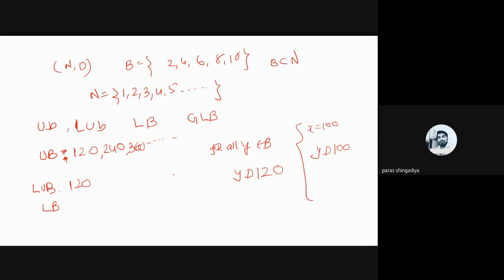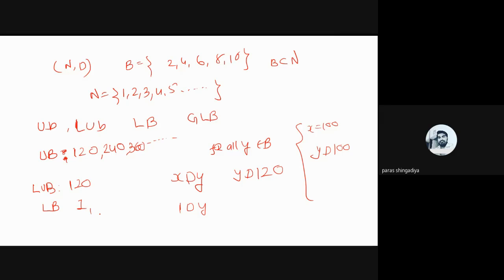And now find a lower bound, ठीक है। So what is the definition of lower bound? Okay, here we consider x divide y form, ठीक है, for all y belongs to b. अगर y की सभी वैल्यू के लिए x डिवाइड y ट्रू है तो वी कैन से दैट x इज कॉल्ड द लोअर बाउंड, ठीक है। तो स्टार्टिंग नंबर कौन सा है, that should be the lower bound of 1. तो कंसीडर x इक्वल टू 1, तो 1 डिवाइड y और अब use the values of y here 2, 4, 6, 8, 10. तो 1 डिवाइड 2, 1 डिवाइड 4, 1 डिवाइड 6, 1 डिवाइड 8, 1 डिवाइड 10, that is correct, ठीक है। So 1 is the lower bound, okay.